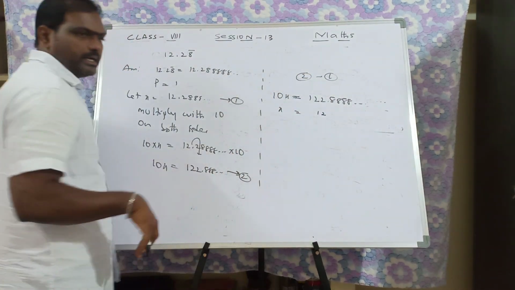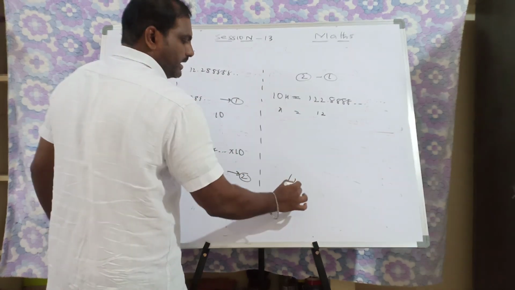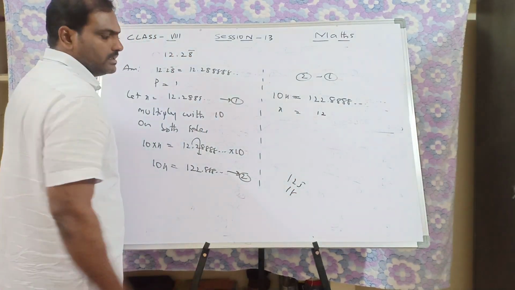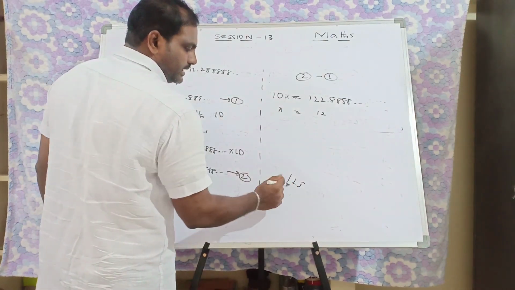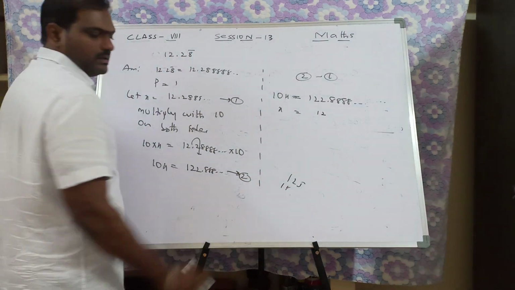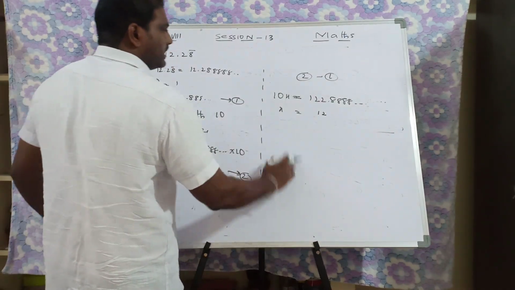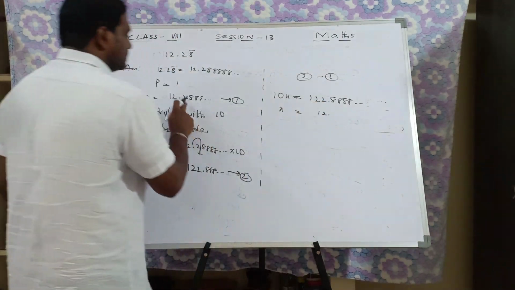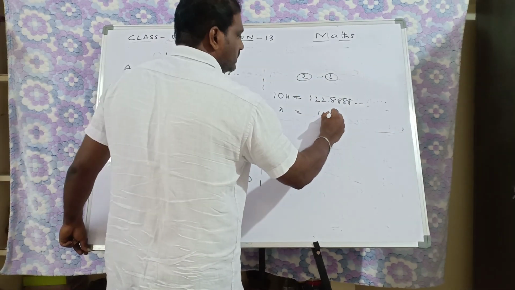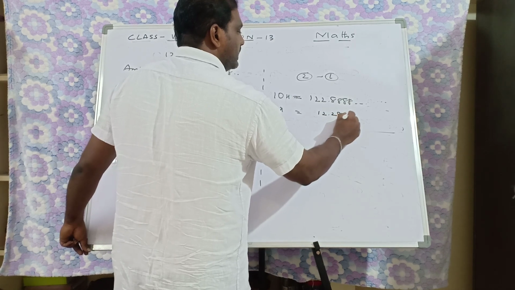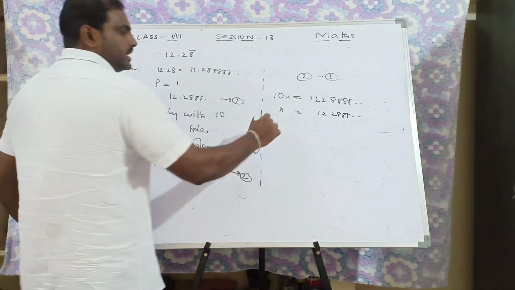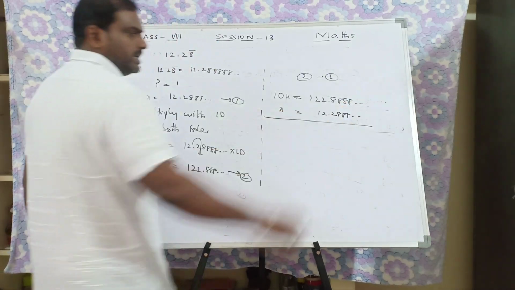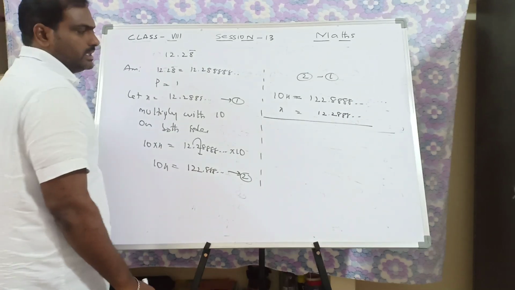Because whenever you are subtracting, for example 125 minus 18, what you will write? 18 here only. You don't write 18 here, na? This is wrong. So similarly here also you are subtracting 122 from 12. Point, how much it was? 28. Remember that. 2888 and so on. Don't expect always 0 on the right side, decimal side.